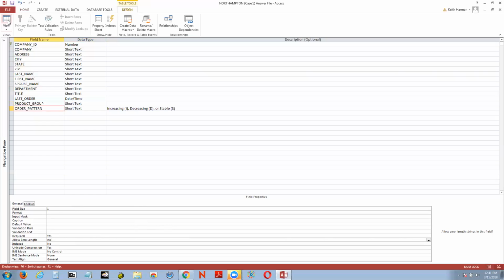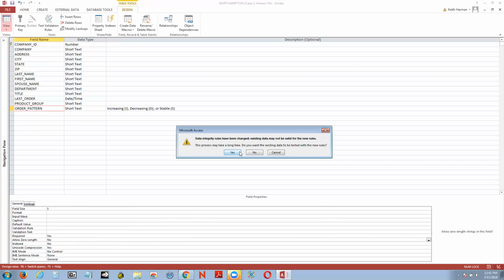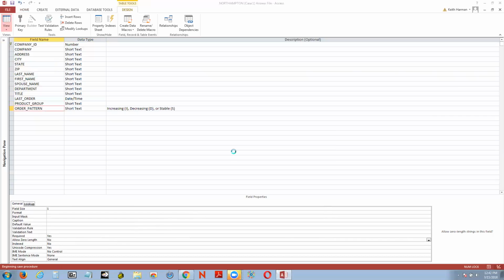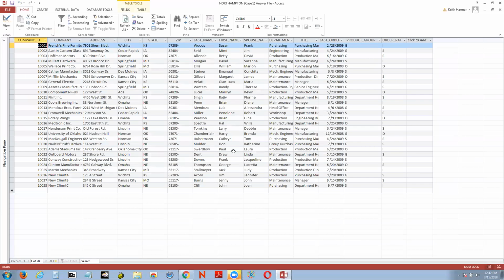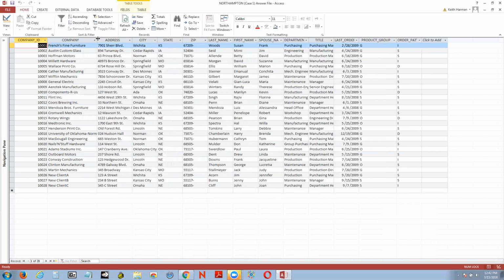So let's go back up to the datasheet view, and I can do that one of two ways. I can right click, or I can go up here in the far left hand corner and look at that. We'll save the table. Okay, and there we be. Now, as we start to work with these, I want to show you what we're talking about,